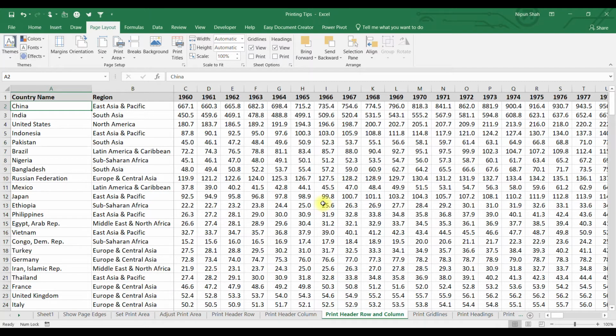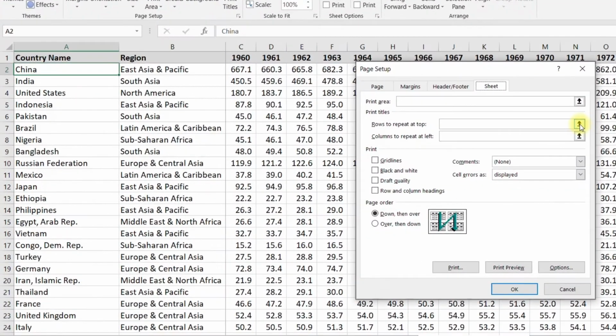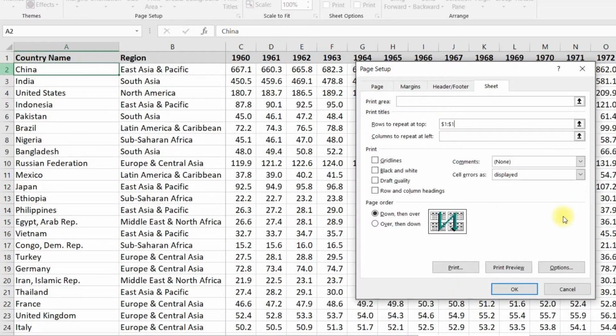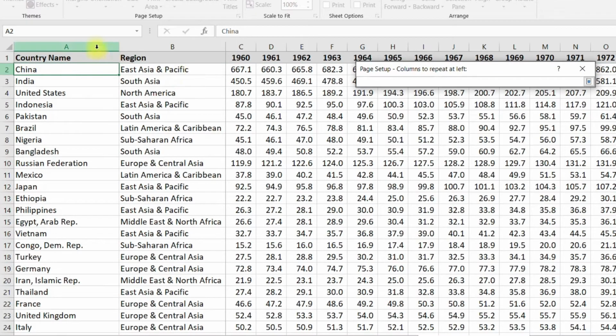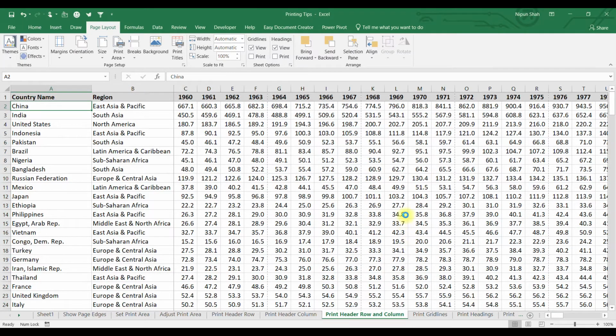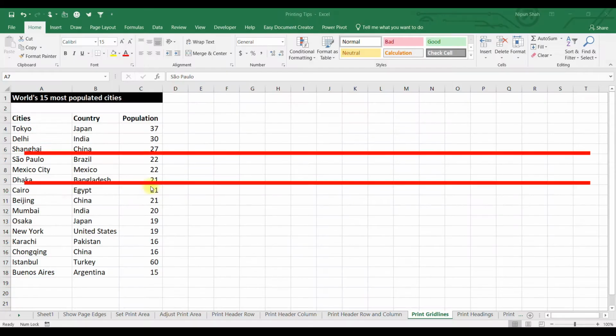Guys, you can freeze rows and columns to be printed on every page. For that, go to the page layout tab and in print titles, for rows to be repeated at top, mention this row, and for columns to be repeated, mention these two columns. Now hit OK and go to the print mode. Here you can see that my column headers and row headers are being repeated on every page.